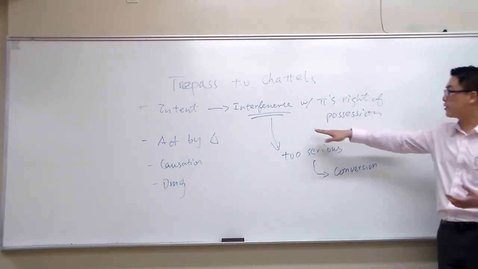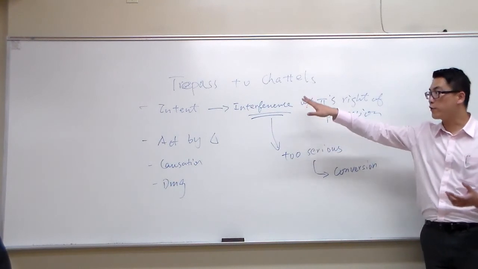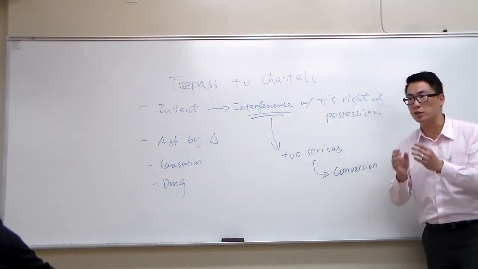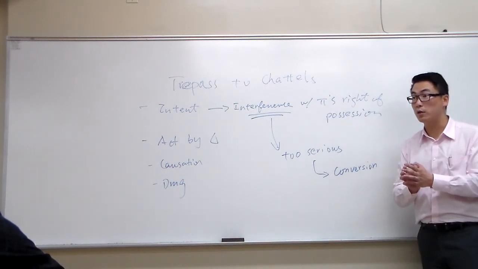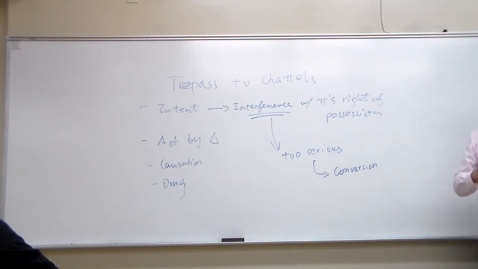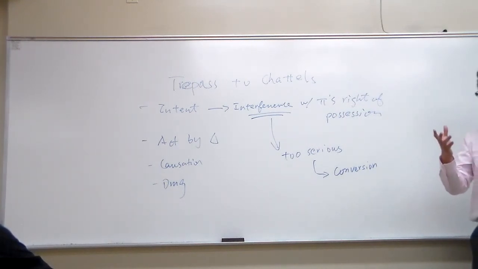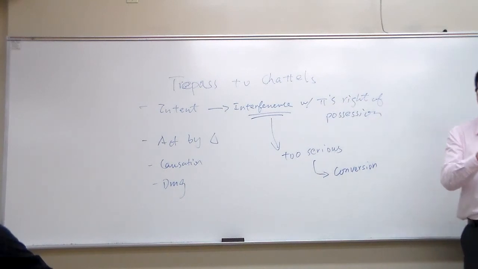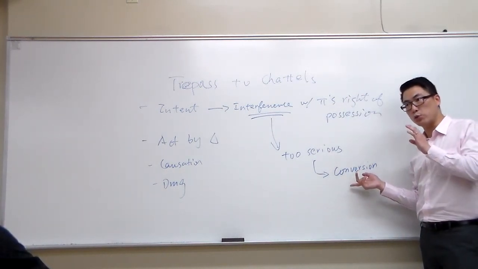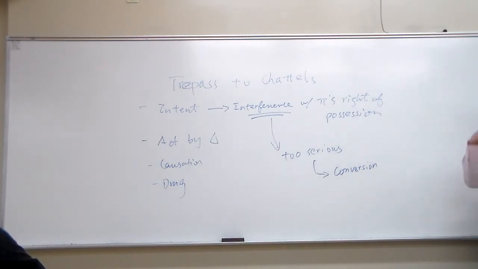So if you sue me for trespass to chattels, what you get is your loss of use. We're going to figure out how much I need to pay you: 1 week out of 5 years, your loss of use, or fair market value, we'll just calculate it down to that week. But if you sue me for conversion, and if you win the case, then I have to pay you the full value of the computer.